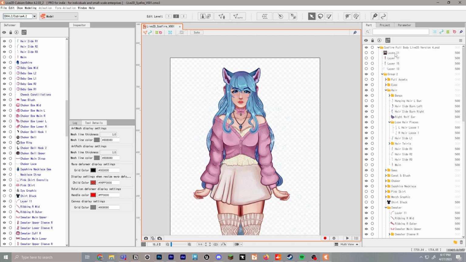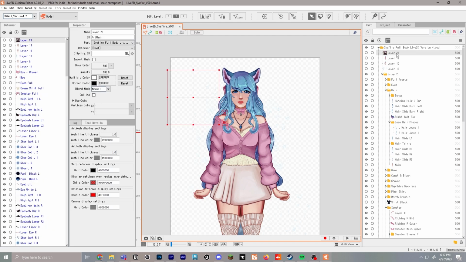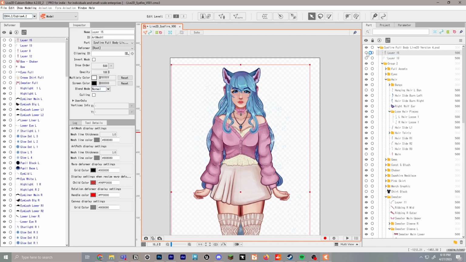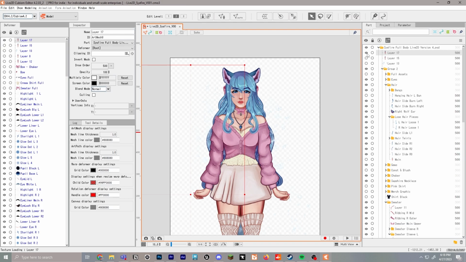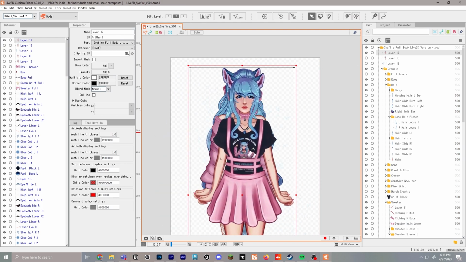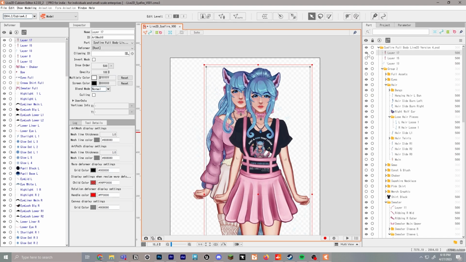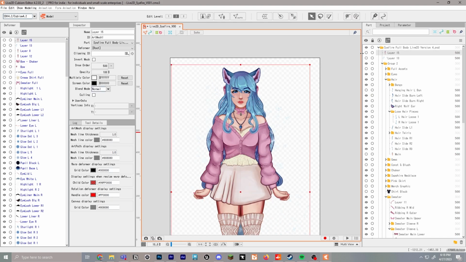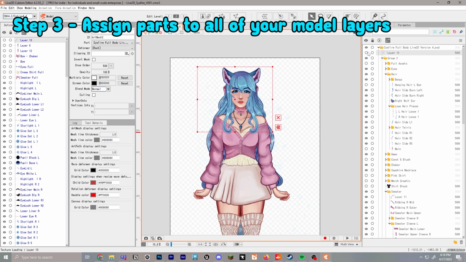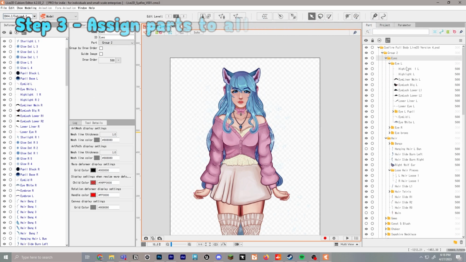Now we are ready to organize our parts. So I'm going to delete any layers that I don't need in here. These extra ones that I have are just for personal use. I have this full version of Sapphire in one of her other outfits just for making graphics and such when I'm advertising on Twitter and things like that. So I'm just gonna delete all the layers that I don't need, and we'll want to start dropping down everything.